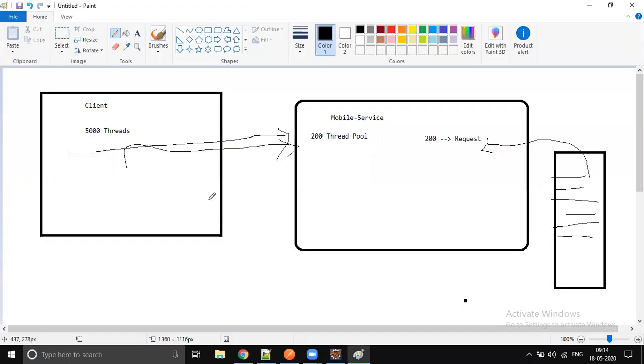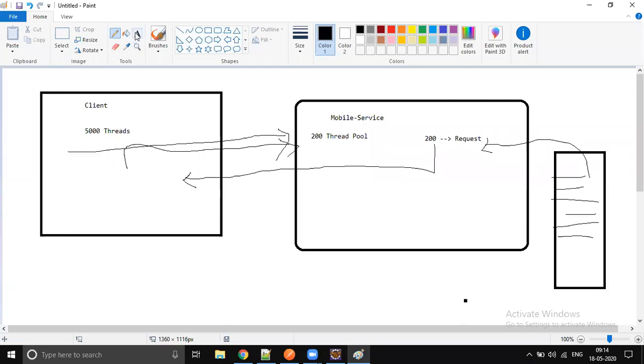So you get the first batch response in 10 seconds. You have to wait 10 seconds to get the first 200 responses, and again the second 200 responses you get after another 10 seconds.